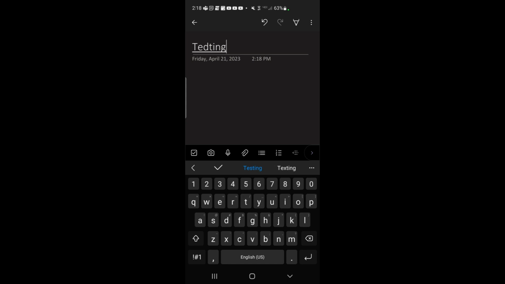document that I'm going to take a photo of, and you'll see that with OneNote on your phone, what you can do is you can take pictures of things and it'll automatically upload them to your OneNote. So the title of this page is called Testing Schedule. And I'm going to go ahead and click on this camera icon right here. And then you can see I have a document, Testing Schedule for ELA MCAP 2023.